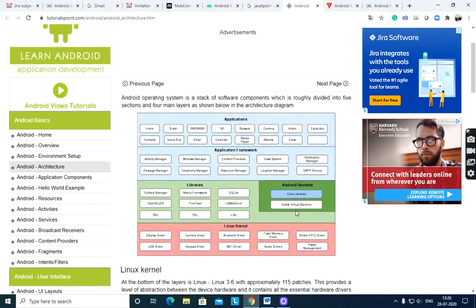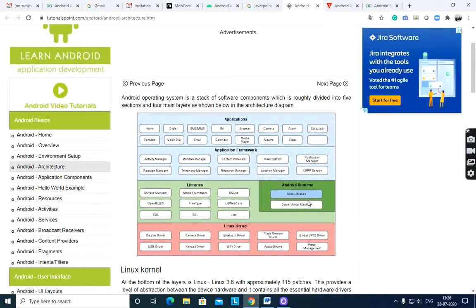Like the Java virtual machine, JVM, in Java development, the Dalvik virtual machine is a register based virtual machine specially designed and optimized for Android to ensure that a device can run multiple instances efficiently.